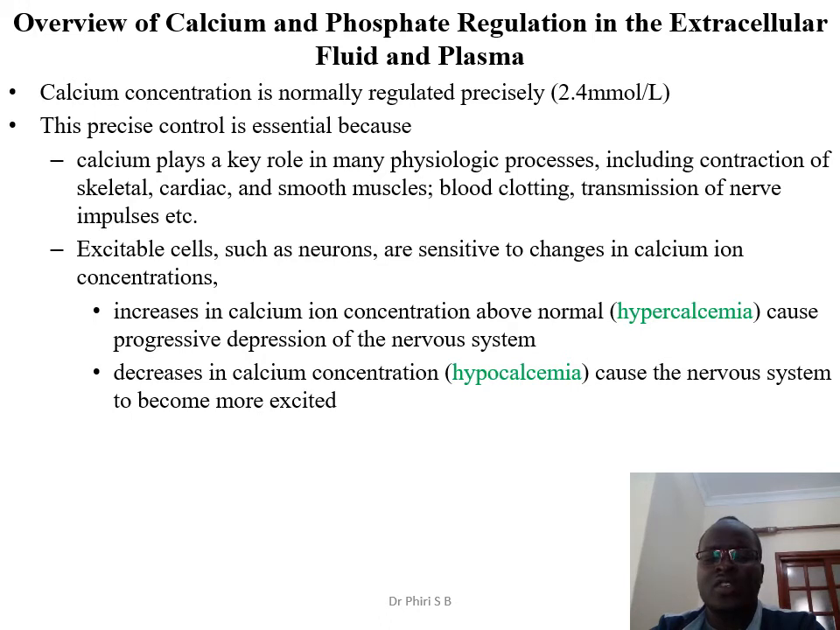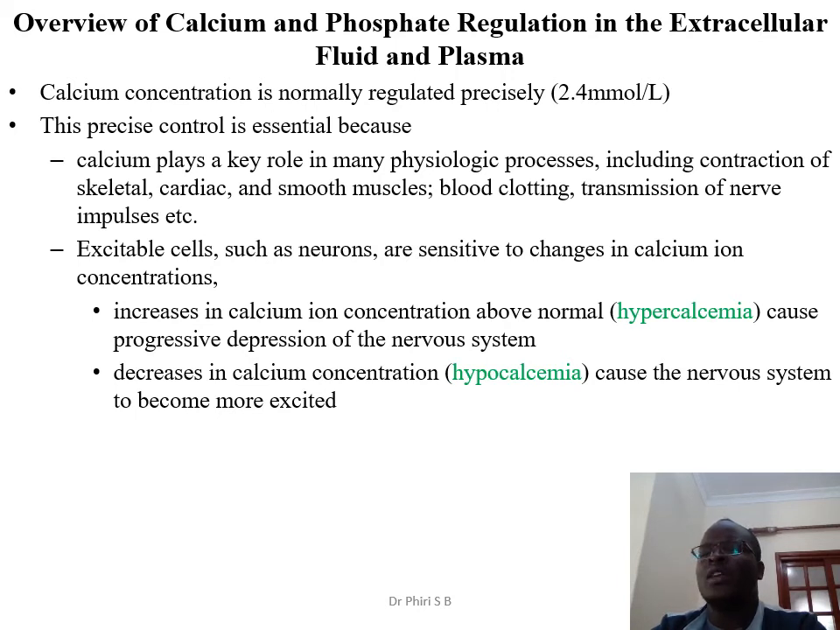Decreases in calcium concentration, hypocalcemia, cause the nervous system to become more excited. The nervous system will be very excited if there is hypocalcemia. In hypocalcemia, you have less calcium in the extracellular fluid compartment. If you have less calcium, then the neurons become more permeable to sodium. Sodium will be entering the cell. There will be a lot of sodium influx that will cause depolarization. There will be some kind of depolarization taking place,